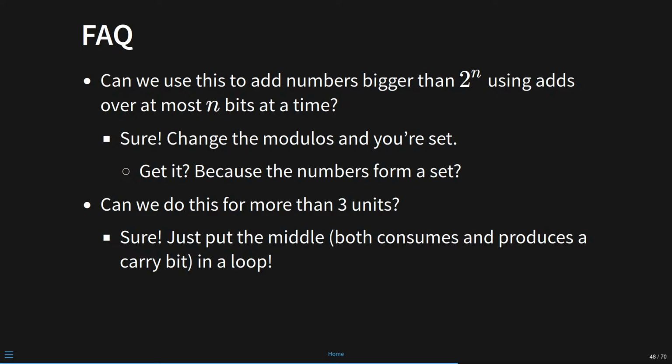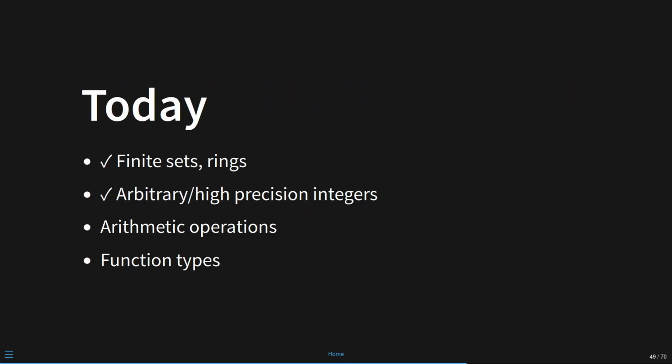Okay, can you do this for more than 3 units? So I did decimal inches, inches, and feet. Yeah, you can do it for as many as you want. The reason I used a 3 example is because I wanted there to be carries twice, so you could see how you would initialize and terminate this sort of for loop over digits. And so that's arbitrary and high precision integers. And now I'm going to talk about arithmetic operations for 10 minutes, and then